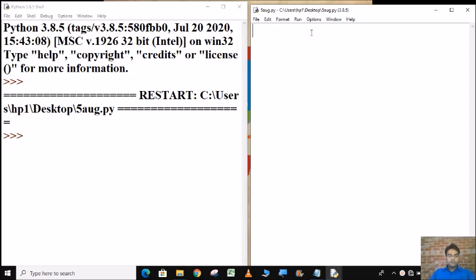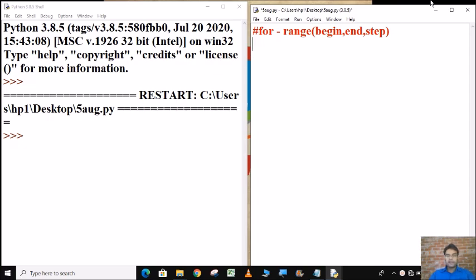In this video we will see the working of the for loop. In a for loop, the first method used is called range. The syntax of range actually has three parameters. The first parameter is beginning, then the second is ending, and then the third is step. So let's see what they are.